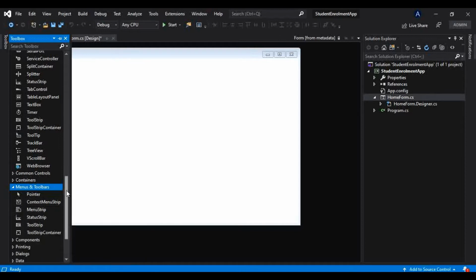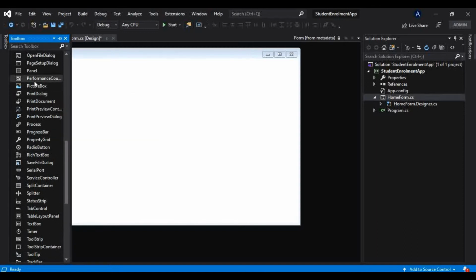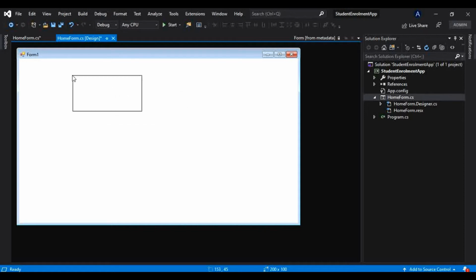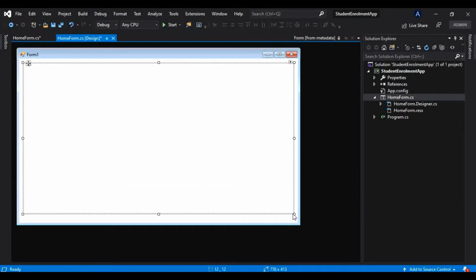And before that, I will choose one panel from here. And why do we need a panel? So that in this single form we can divide our elements into these panels. Anyway, I'm not going to divide anything here, but still I want to use this panel. So I will resize this panel something like this,